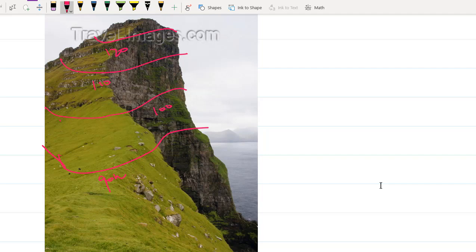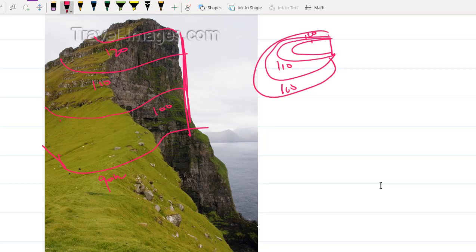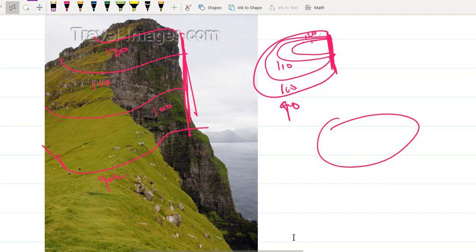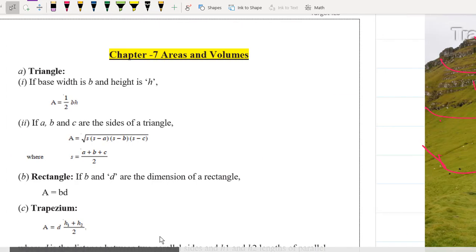So whenever you are seeing from the top, you will be having something like this, and you can clearly see that it is almost ending at the same position. So this is your 120 meter line, and whenever you are seeing from the top, this is your 110 meter line, this is your 100 meter line, and this is your 90 meter line. So now you can clearly see all these are meeting at one position. You feel like that, right? So this is one of the exceptional cases. Basically your contours will not meet, but if you have any vertical cliff, then they will be meeting at one side. Okay, they will be meeting at one side.